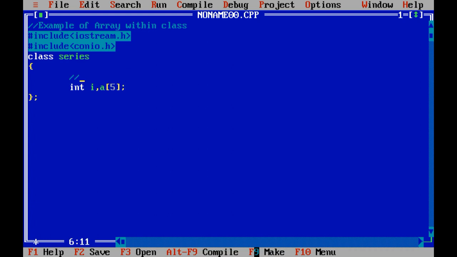Here I am going to give a comment line, declaration of array within class, integer sum.